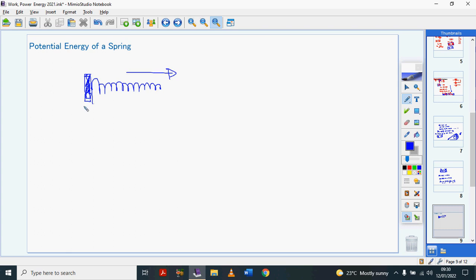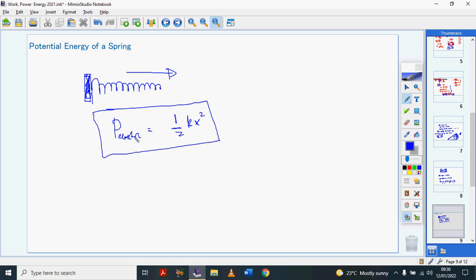in a spring. The equation for elastic potential energy is just half kx squared. That's just how we calculate the elastic potential energy of a spring. So again, we will look at a lot of examples where we'll apply this, and then it will become more practical in that sense. So yeah,